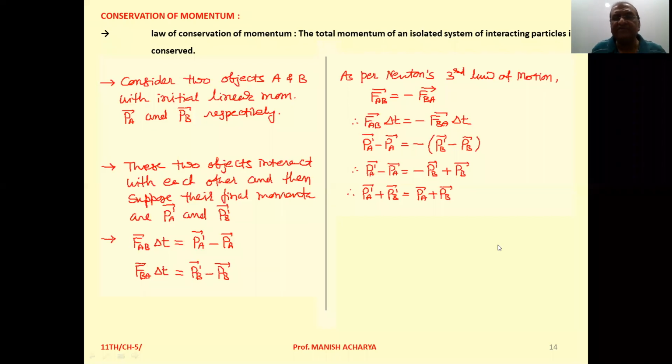And some conservation laws are there in nature due to some symmetries in nature. So in chapter number 1, we mentioned 4 conservation laws: law of conservation of energy, law of conservation of linear momentum, law of conservation of angular momentum, and law of conservation of charge. And I mentioned this thing. All these will be discussed one by one in detail in standard 11th and 12th. So out of which, now the first one that we have to discuss here,